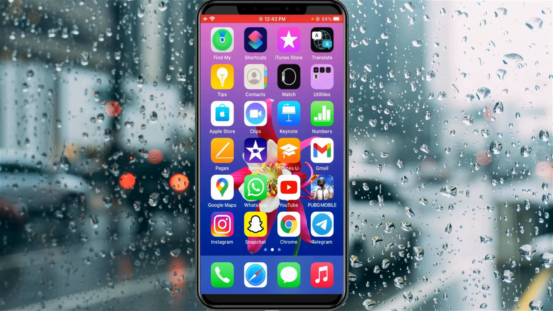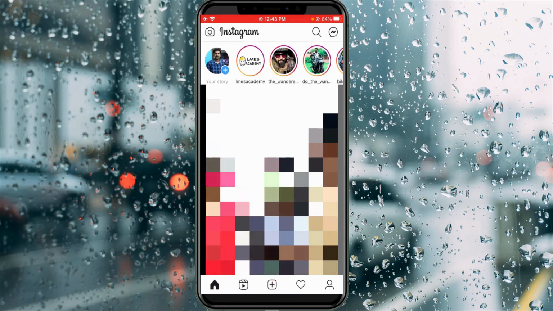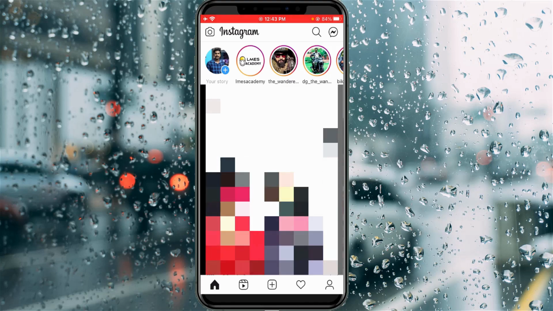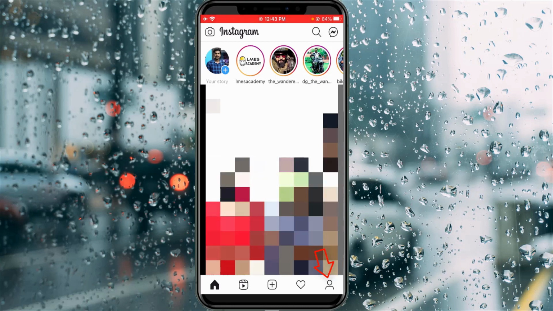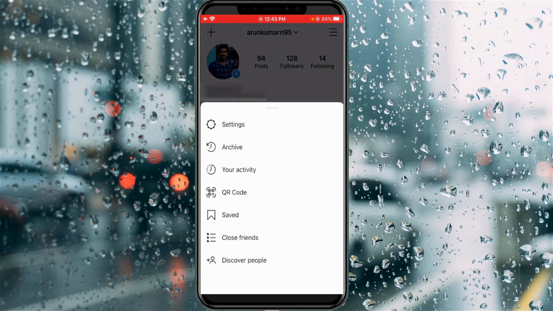So first of all, open your Instagram mobile application. So now in this home page section, at the bottom it shows some icons. So here you can press that person icon, the final one, and this is my Insta profile. So here I press this horizontal three lines icon, which is placed almost at the top right side corner, and a new window opens.